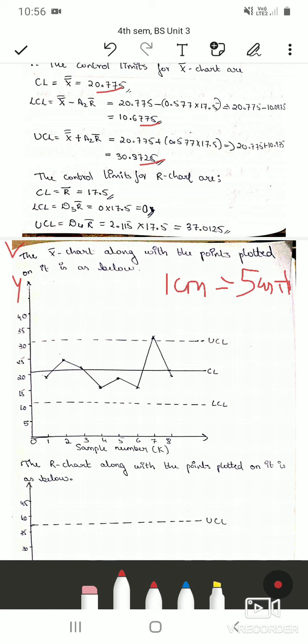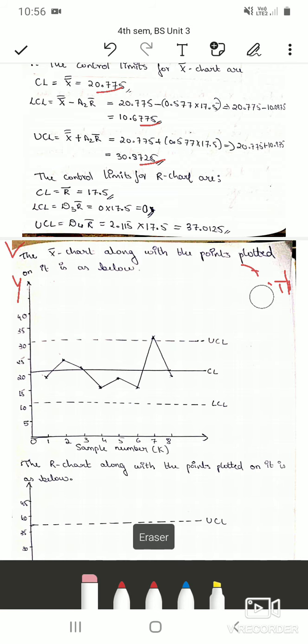You can take 1 centimeter equal to 10 units, but the graph will become very small. You can take 1 centimeter equal to 1 unit, but it will become very big and you need one whole page. So in the graph sheet, take the scale according to the space available. There is no hard and fast rule that you have to take the scales as I do. You can make your own scales. Now I have taken the scale with a difference of 5.